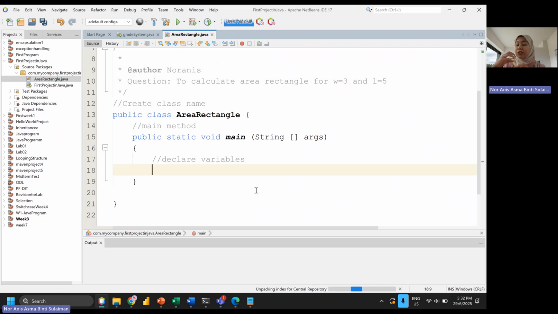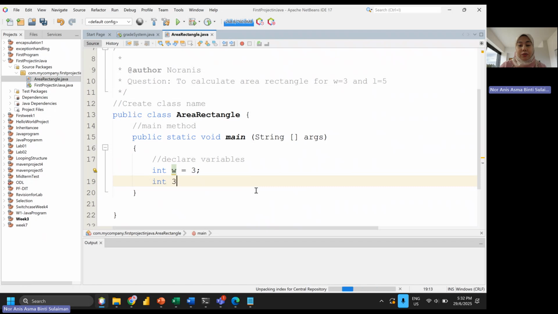Numerical data types have two kinds: whole numbers or decimal points. Number 3 we consider a whole number, so automatically we use int. So int, and the variable name we declare as W, representing width. Since we already have a value, you just put equal and assign the value 3. So this is the first input.